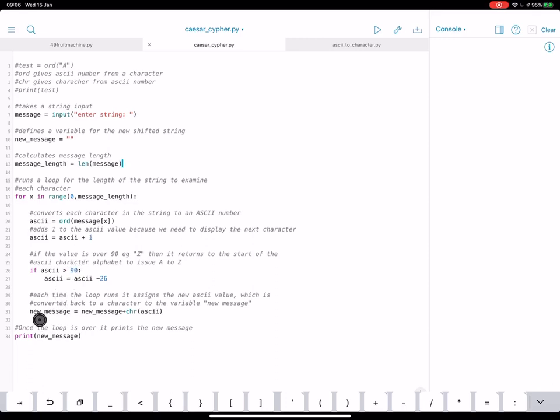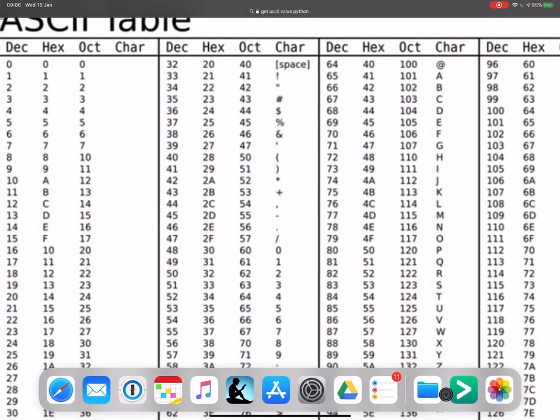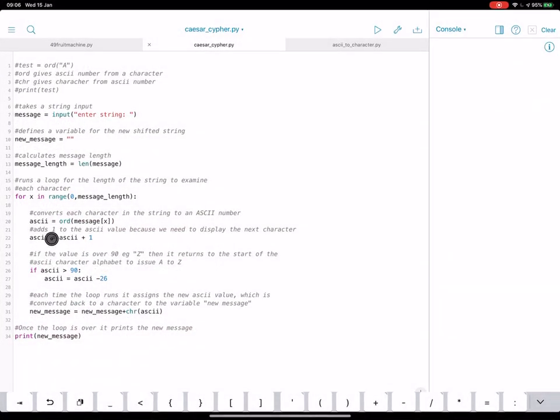Down here, this is where we get our new encrypted message. Okay, so what's happening here is each time the loop runs, so we think of H in this case, H was 70, I've forgotten now, 72 did we say it was? Here we've made it become 73. Okay, so it's going to go down here. It won't do this bit because we haven't got Z, so it'll do this bit. So it will say the new message is 73, but the character version of that, okay, which we said was I. So it'll add I to our new message, and then it will run the loop again for E.